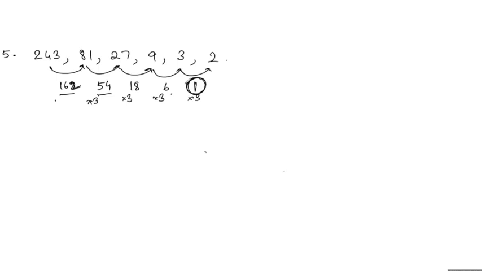Did everyone understand? Forget about the answer. Did everyone understand the pattern? I want everyone to answer. Yes, ma'am. Simple. 6 into 3, 18. 18 into 3, 54. 54 into 3, 162. But 1 into 3 is what? 3. Here 3 should come, but there is 6 here. So this into 3 pattern, 1 is not following. Means 1 is the wrong pattern here. So if 1 is the wrong pattern in the given series, which is the wrong number?